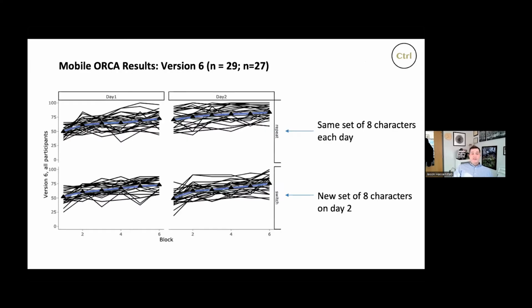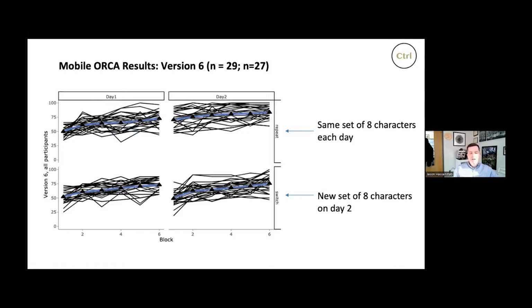And so here's what the data looks like, which I think is really cool. We did the same set of 8 characters each day for 2 days. And then we wanted to see if there was a learning effect of just being familiar with the device itself, like a conceptual familiarity. So we did 8 characters on the first day, and 8 new characters on day 2. And you can see with the learning curves here, on day 1, they're basically just guessing because they don't know; we didn't give them the right answer.